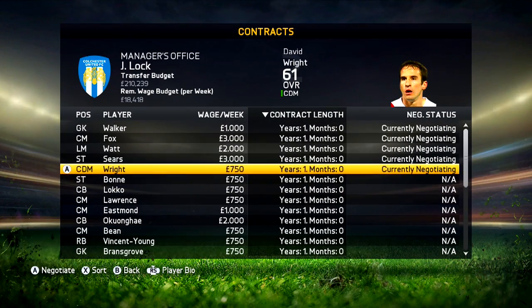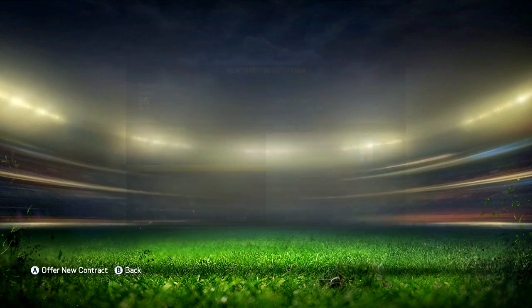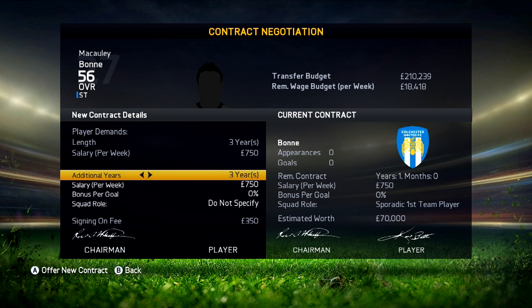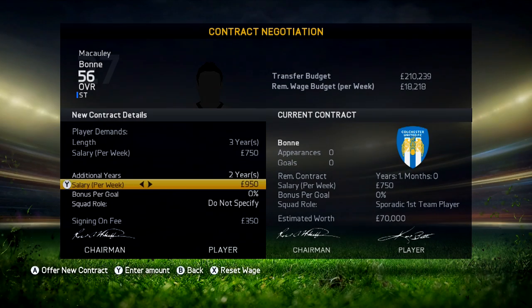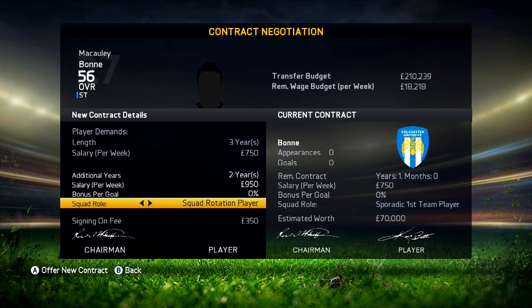David Wright, he's a superstar. You know, the work rates alone means he should stay at the club. And we need that little bit of extra padding, shall we say. So, 3-year deal. I'll give you a 2-year deal. And I'll give you 850, 950. We'll keep you as, how about,